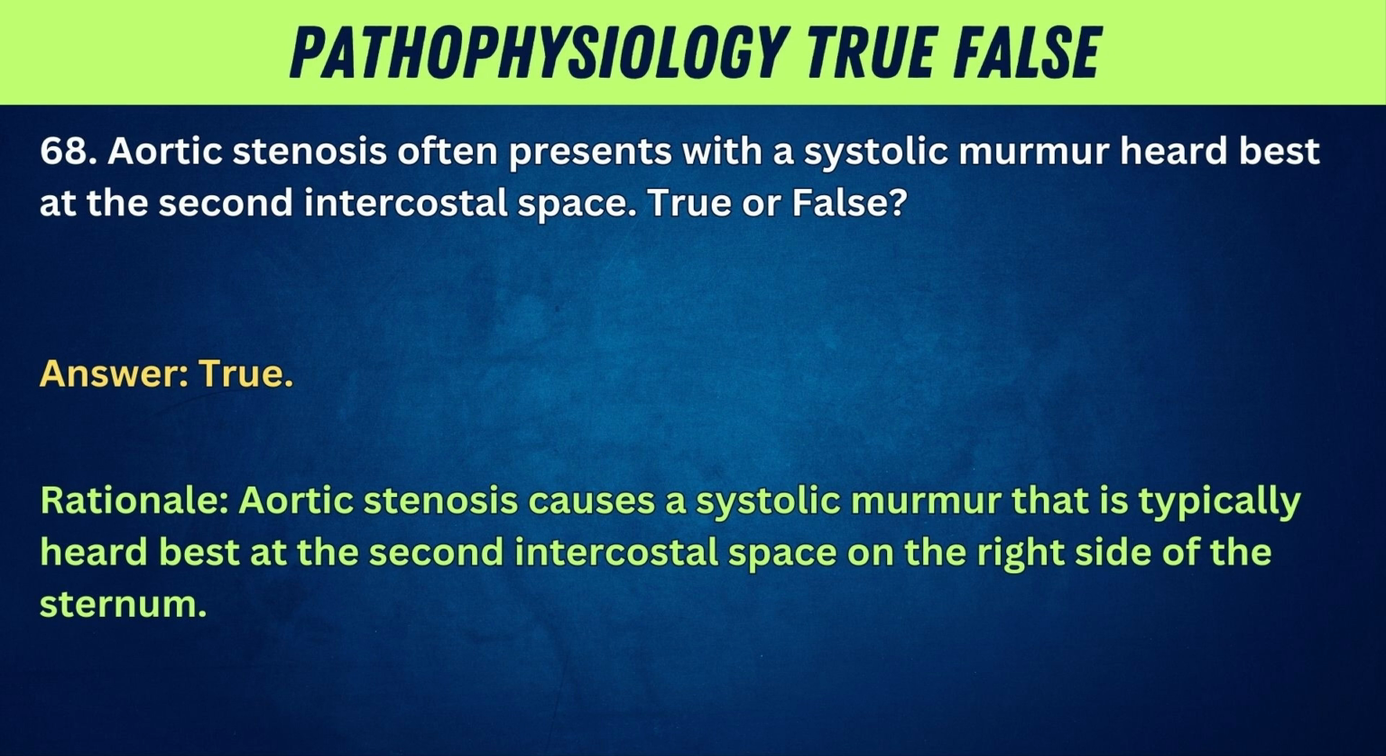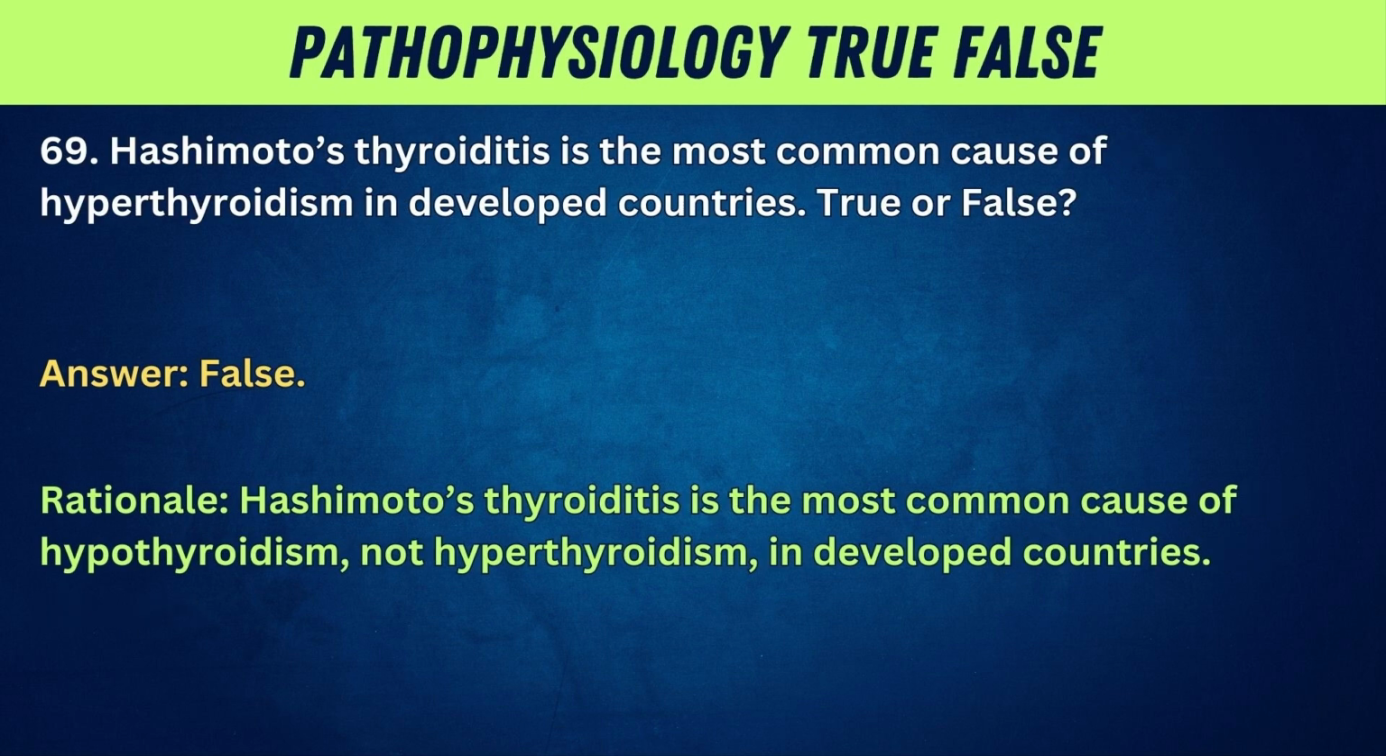True or false? Answer: true. Rationale: aortic stenosis causes a systolic murmur that is typically heard best at the second intercostal space on the right side of the sternum. 69. Hashimoto's thyroiditis is the most common cause of hyperthyroidism in developed